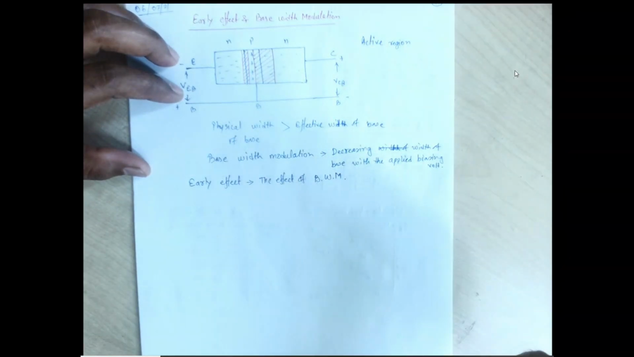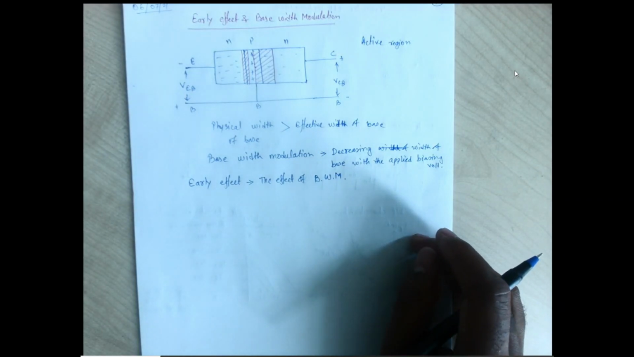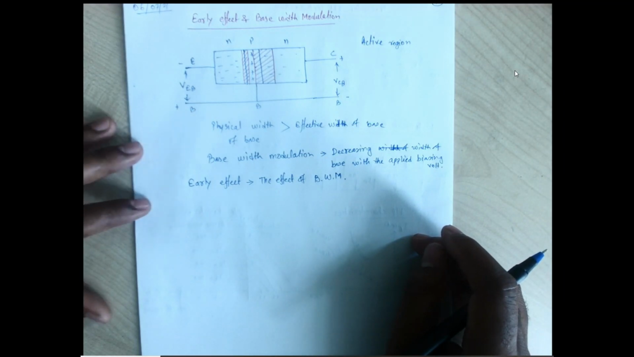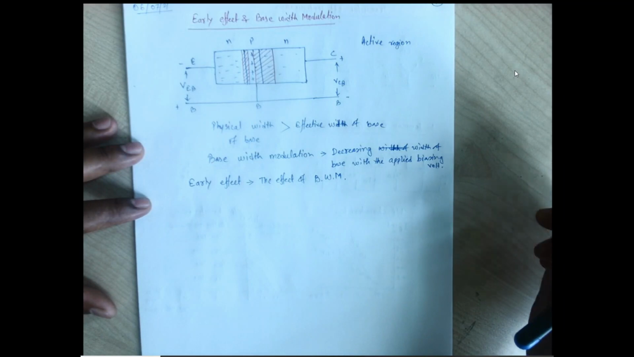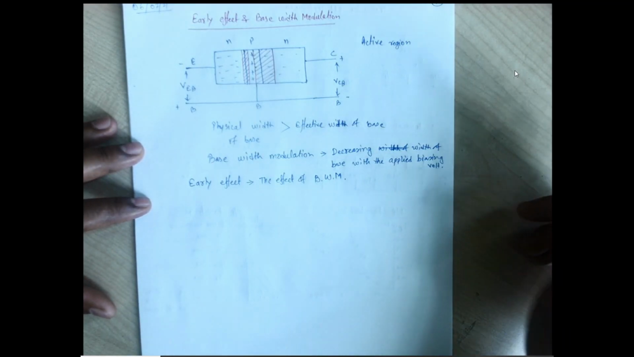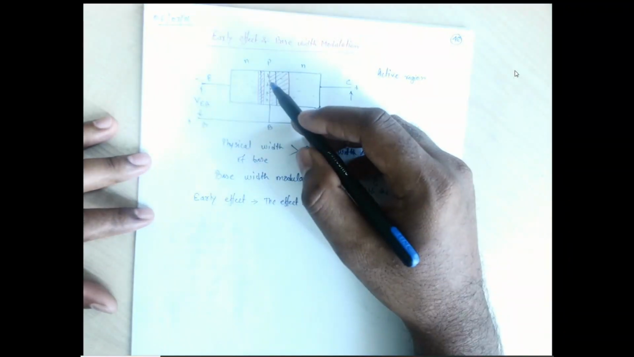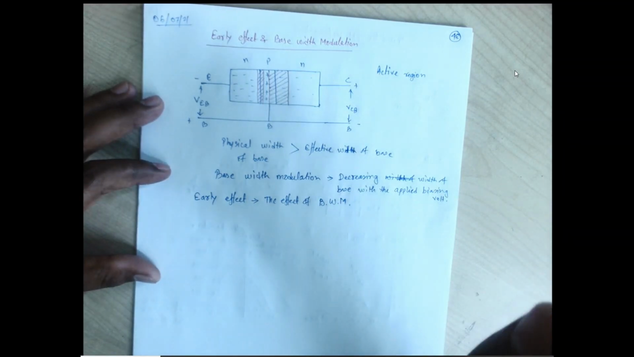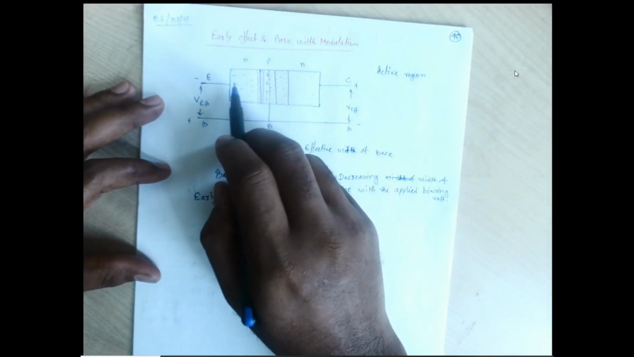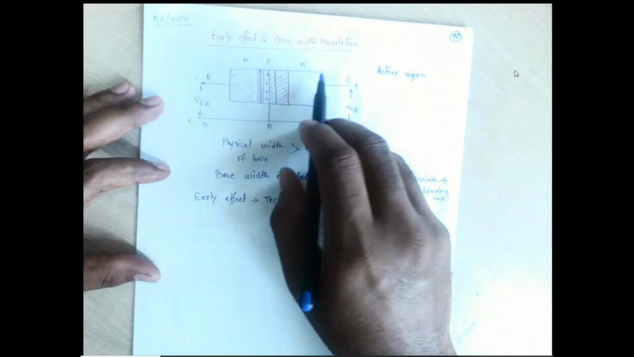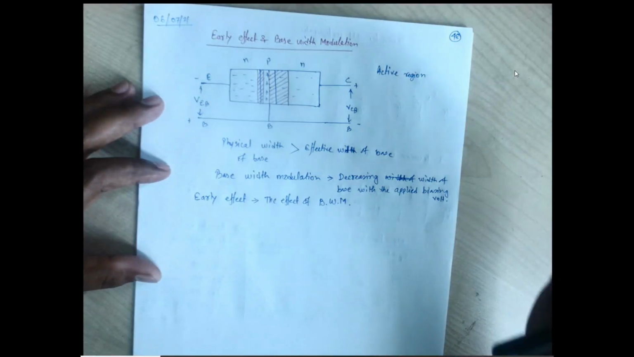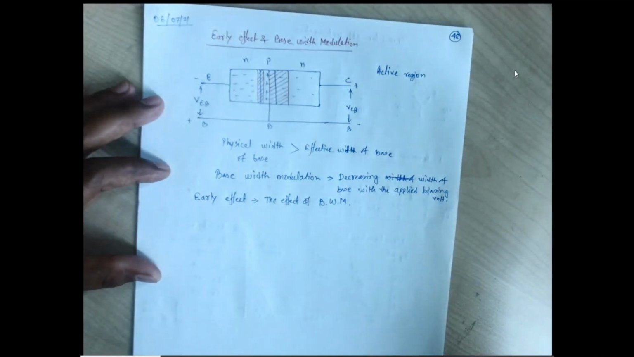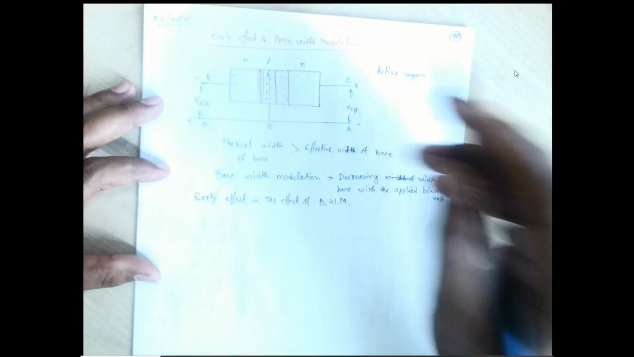Base width modulation, that is what is known as the early effect. Due to this early effect, the effective width of the base region decreases. Now think of it this way: previously, when the base region had a moderate width, the recombination, when electrons were going from the emitter towards the collector through the base, was a little bit more, though it is less, because the penetration was less